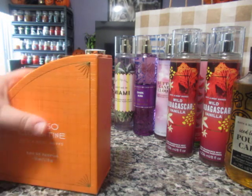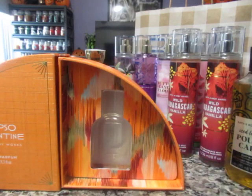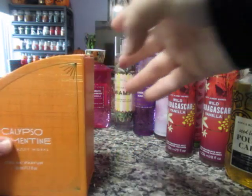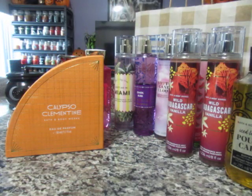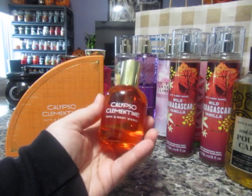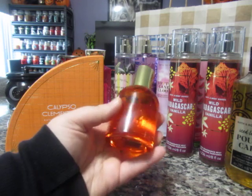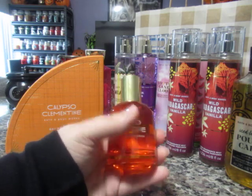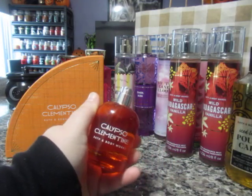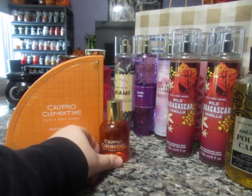And the box is really cool. It looks like an orange slice. If you can see that, it's really cool. And it folds back in. And this is the perfume of how it looks like. It's a different shape from the square bottle that they usually release. And this is how the back looks like. And this is how the nozzle looks like. So yeah, I'm really happy that I had picked up the